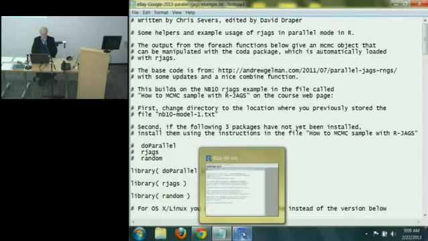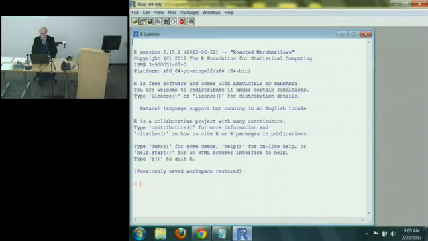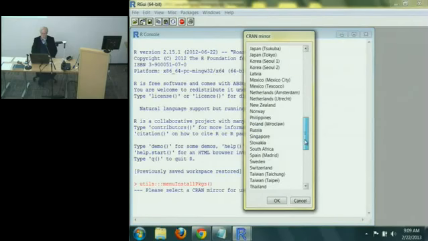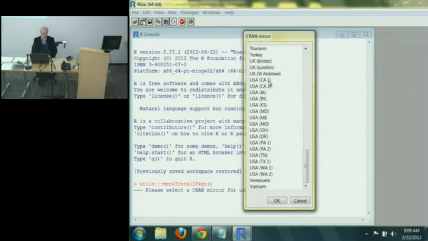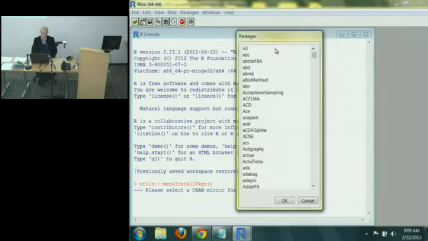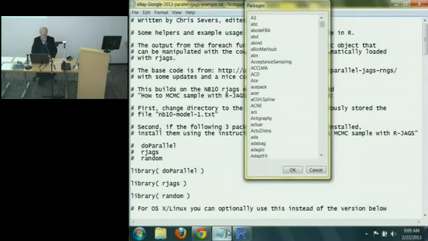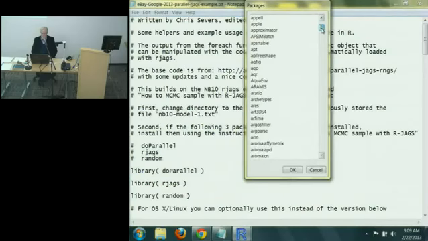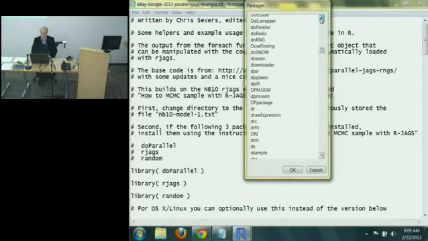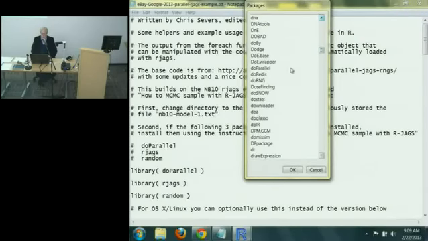Here I've already done the installing, and so a reminder how you do it is you go up to Packages and hit the Install Packages button, and it asks you where do you want to go for a mirror, and I usually use one or the other of the USA mirrors. And then you have all these packages, and we want to use the one called doParallel, for example. So you just page down here until you find doParallel, and you would then go ahead and double left click on doParallel, and it would be